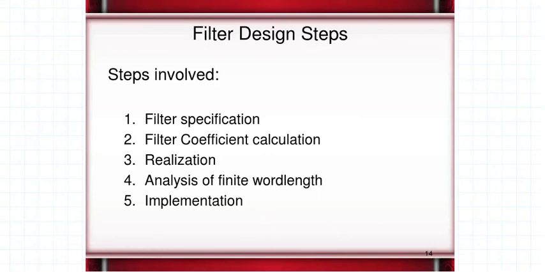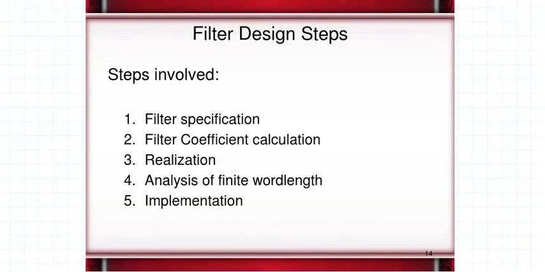Whenever we start with filter design, it is essential to understand the filter specifications. Understanding the filter specifications, we then go into designing the filter, resulting in calculation of the filter coefficients. Once we get the filter coefficients, we perform the realization. Realizations may be direct form 1, direct form 2, cascade realization. These are the different realizations. The intention of doing realization in any filter design is to know the hardware requirement of the system.